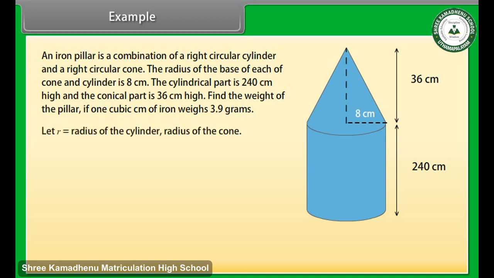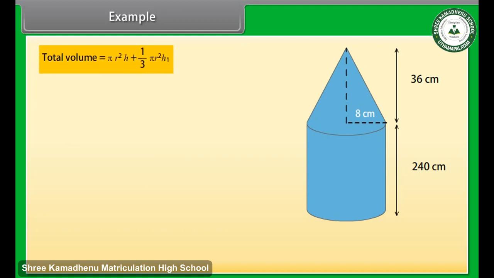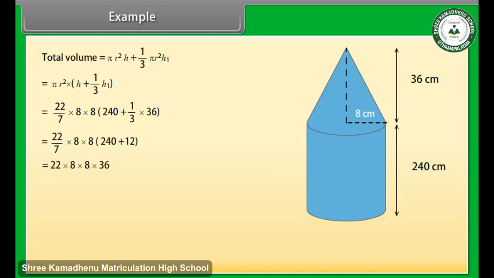Solution. Let R be the radius of the cylinder and cone, H the height of the cylinder, and H1 the height of the cone. We know that the total volume of the pillar is equal to the volume of the cylinder plus the volume of the cone. Therefore, total volume is equal to pi r square h plus 1 by 3 pi r square h1. This is equal to pi r square into h plus 1 by 3 h1. Solving this, we get total volume is equal to